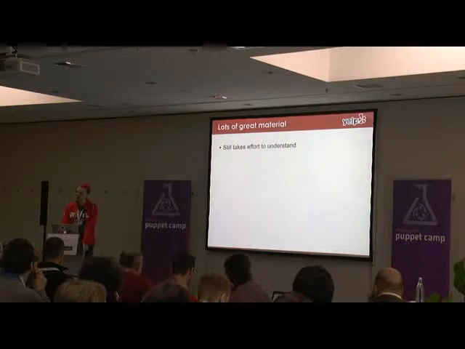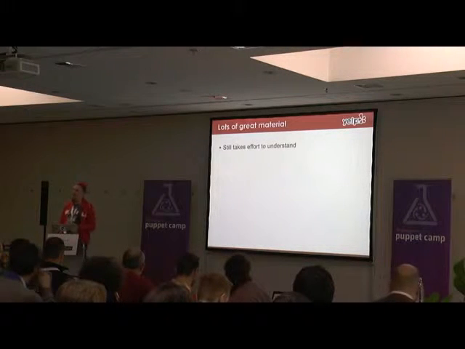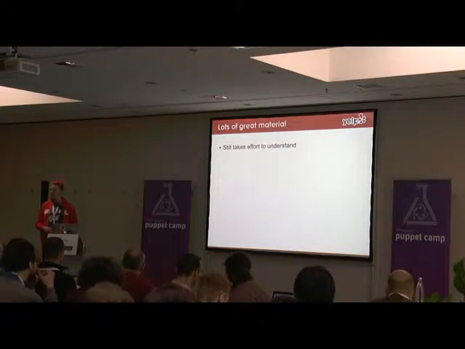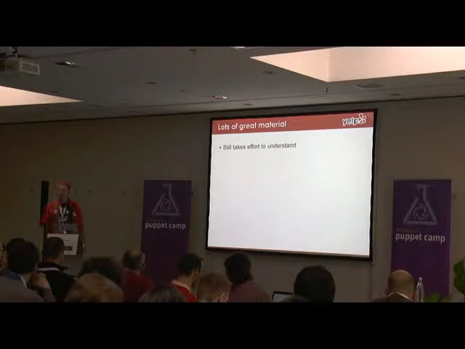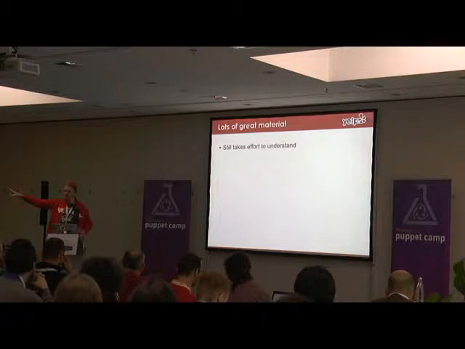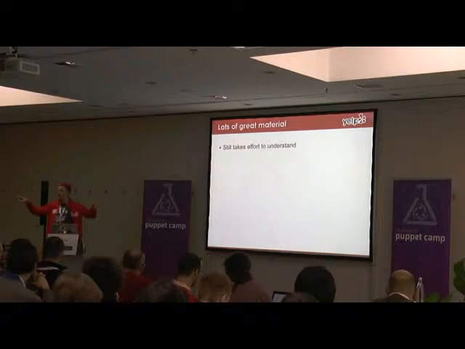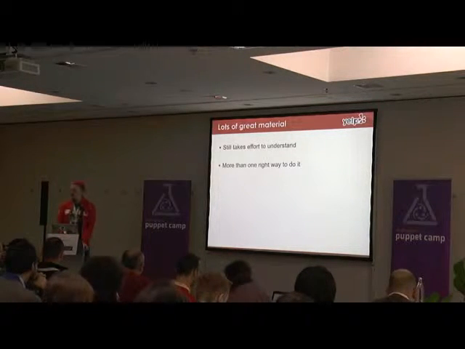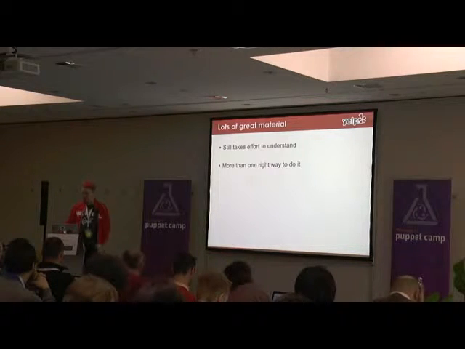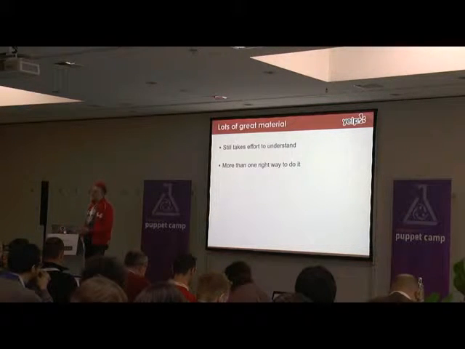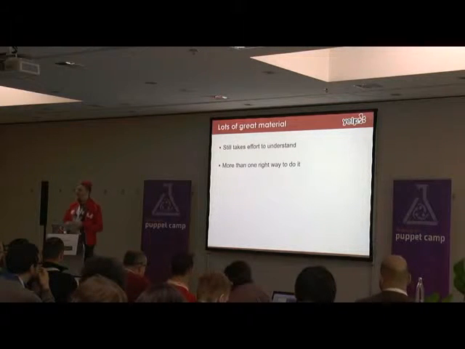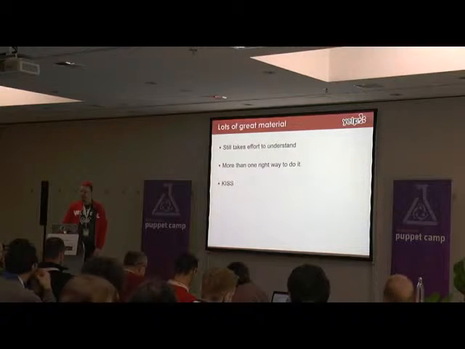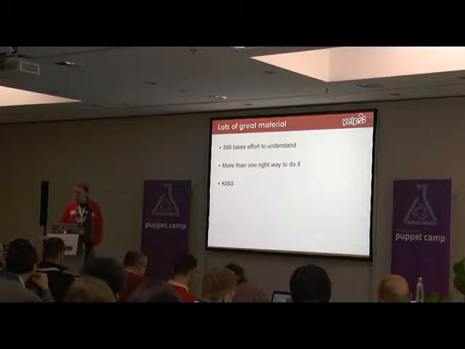Sorry about that, but I've found that going through all of this, it still takes a bunch of effort to understand. Certainly if you're looking at your Puppet code and trying to work out, should I make it like this Forge module or this Forge module, or which one of them is better or crazy? There's more than one right way to do it, which is fine, but it's not that simple. And certainly if you're looking at a mess and trying to work out how to make it better, it's definitely not that simple. So the first rule is, if we're talking about your Puppet code for work, keep it simple,